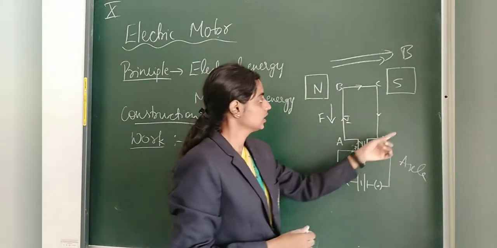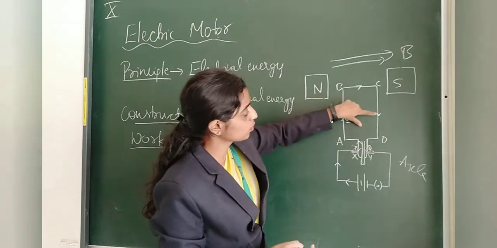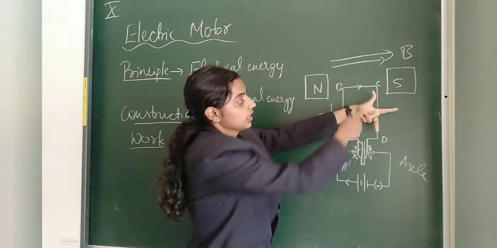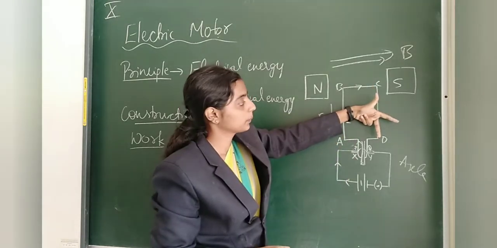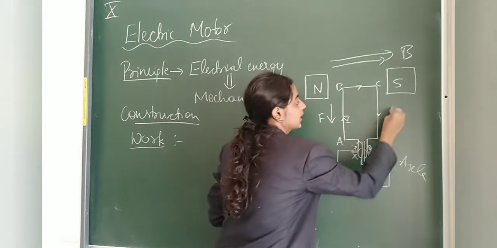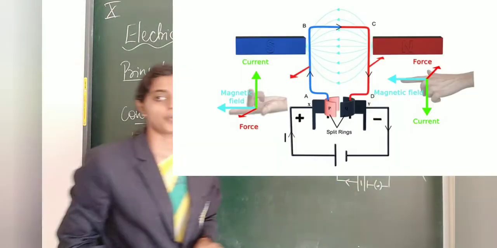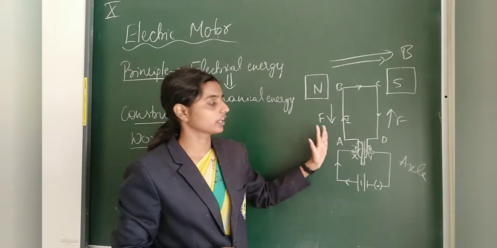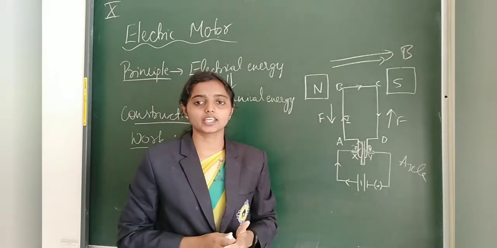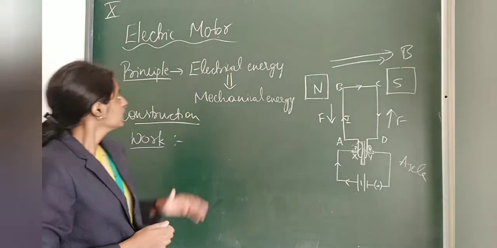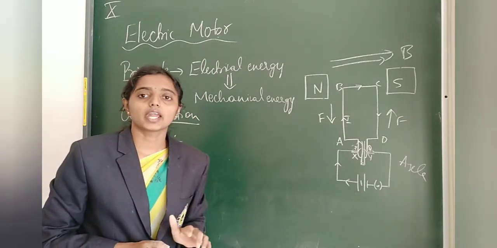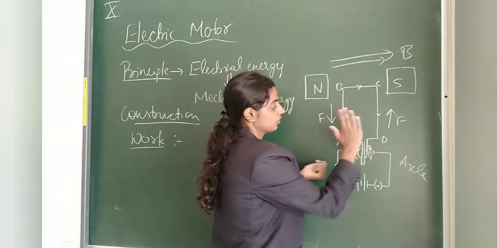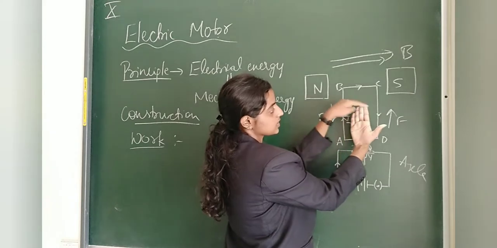Now let us take this side. Here the current is moving like this, and this is the magnetic field. Observe our thumb: it is upwards. So here the direction of force is upwards. Now we finished almost 70%. We gave the direction of current, the direction of force, and we know the direction of the magnetic field. Now what I told, the electric motor is a rotating device. What happens if it starts to rotate? It is like this: this is A, this is B, this is C, then this is D.